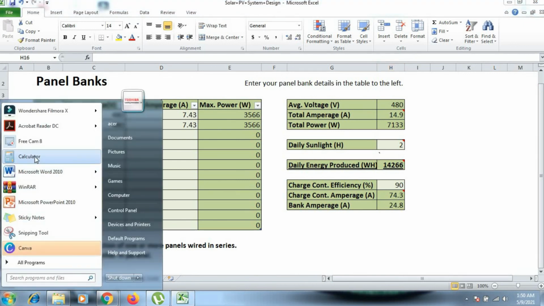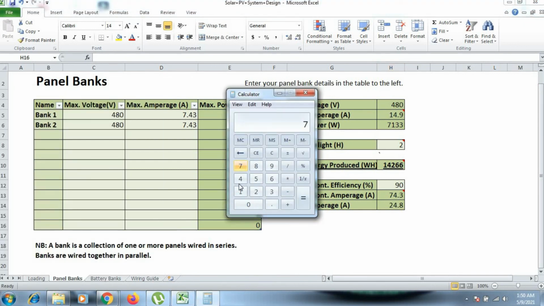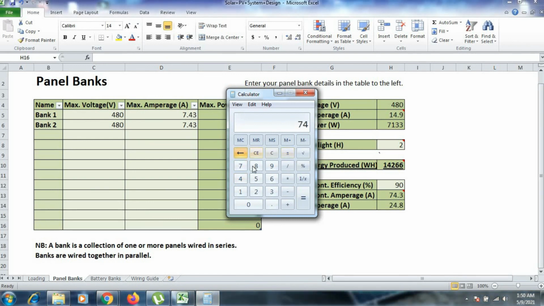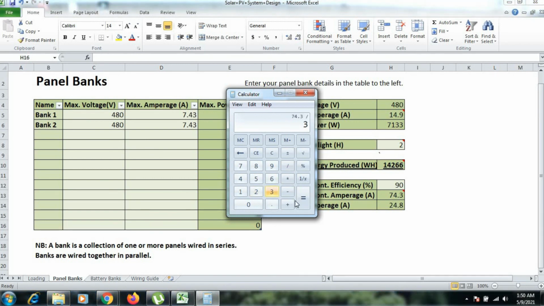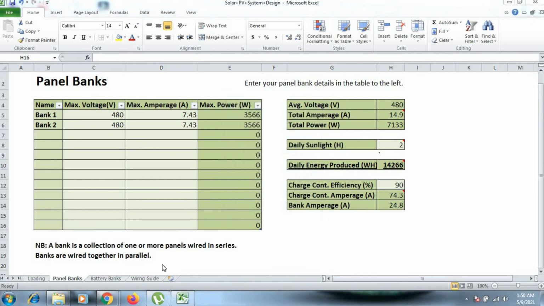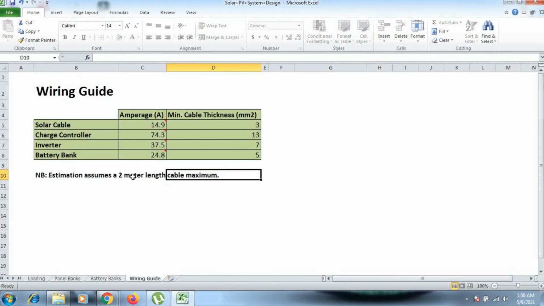I will show you once. 74.3 for the complete battery box, divided by 3, because we are using 3 separate battery banks. So you can see this becoming 24.76, which is almost 24.8. So we have got this cable sizing as well depending on this ampere rating.